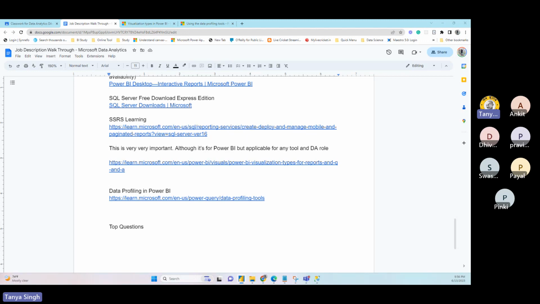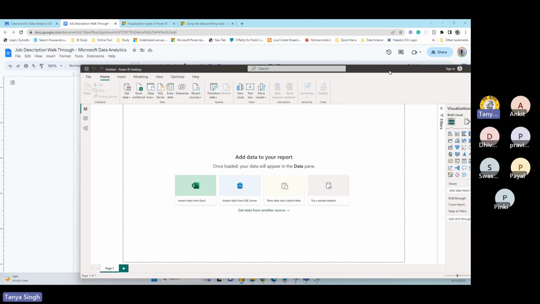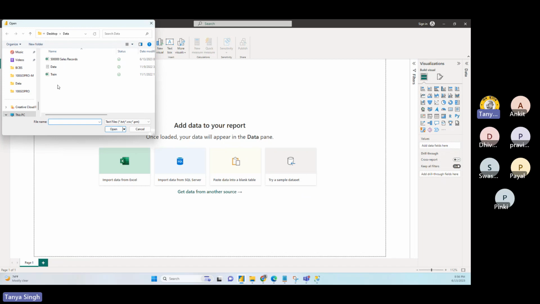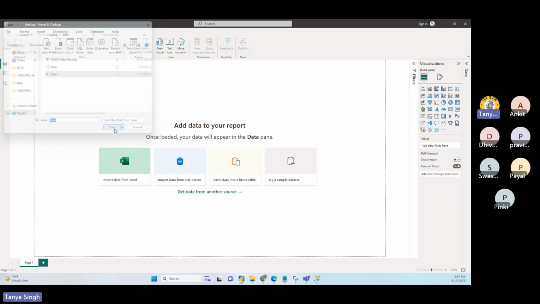So real quickly, I'll show you Power BI. It's a free tool, the Power BI Desktop, right? Once you are here, the very first thing you do is Get Data. Virtually, you can imagine Power BI or Tableau or Looker, any visualization tool can connect with any data, wherever your data is. We'll take an example. I'm going to connect a text and CSV file. This is my train data, and I think you all are from data jobs, so you know the train data. It's about the passengers, berth, and when they travel.